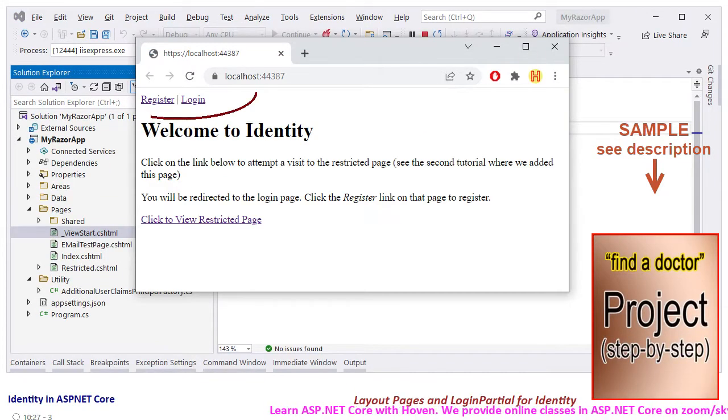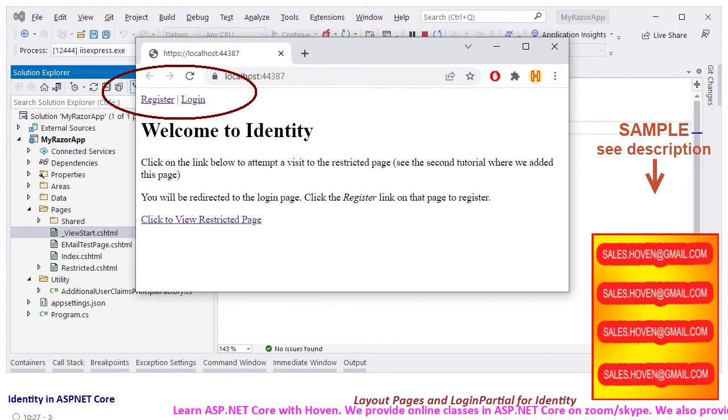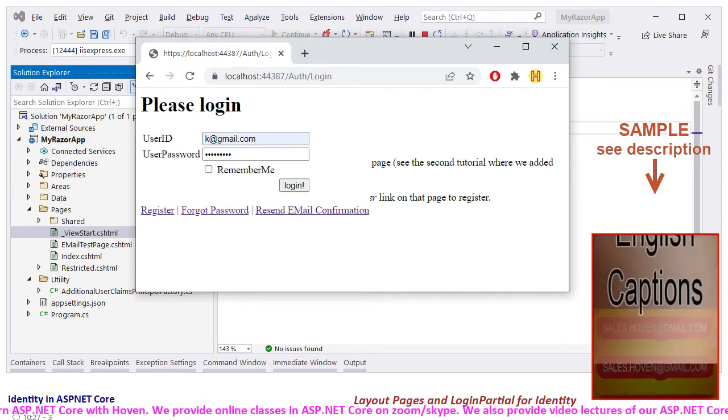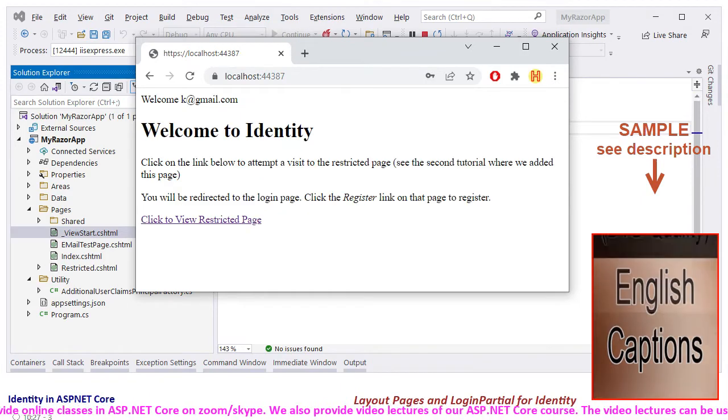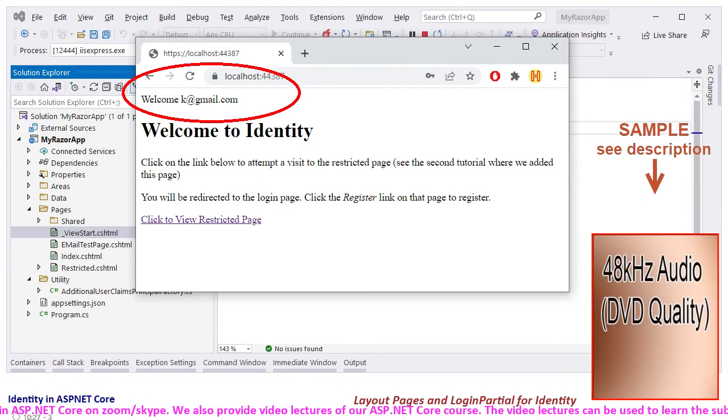We verify that the login and register buttons appear as per the requirements. Click the login button to open the login page. Enter a registered email and do a login. We verify that the user ID